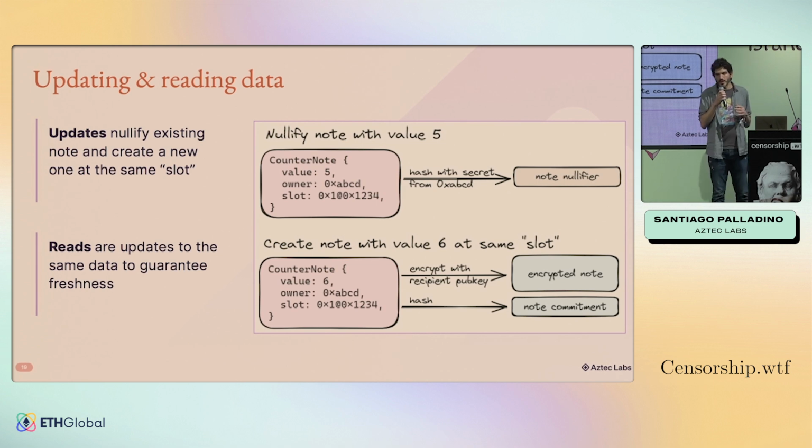So what ends up happening is that we have one node representing state, in this case, one node for each counter of each user, and when we want to update it, we consume the node with the old value, again by emitting a nullifier, and create the new one. So basically updating state is deleting the node that represents the old state and creating a new one. And by virtue of nullifiers, there is no link between the two operations. So we're effectively updating the same slot without revealing any linkage between the two.